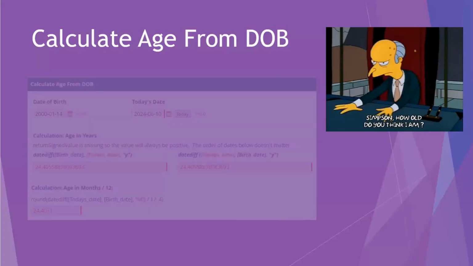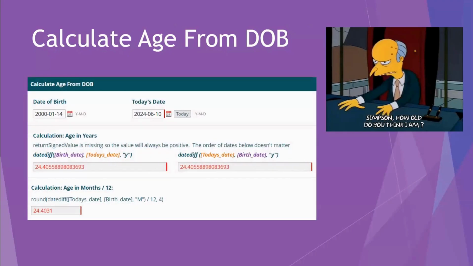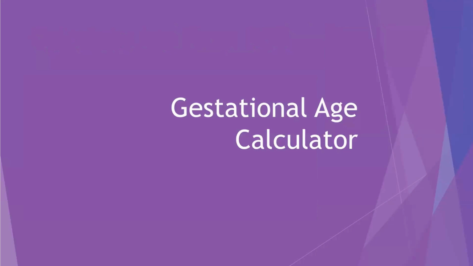All right, so here's an example of another practical calculation where you want to determine age from someone's date of birth. Again, it's very straightforward using the date diff function. You can see there's nearly identical results, whether calculating the age in years or calculating the age in months divided by 12. And I suppose you could also calculate it with days divided by 365, but I don't know why you'd want to do that. So moving on,